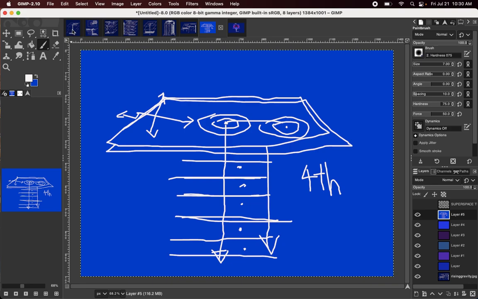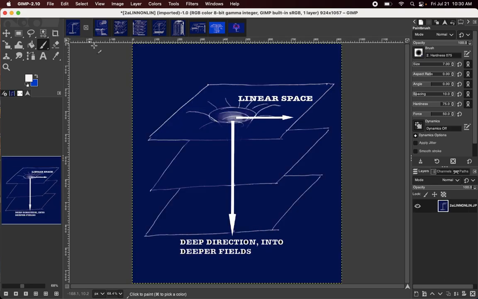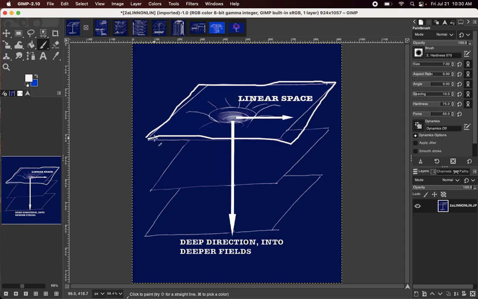So let's go over this with some of the charts from the Superspace book. Here you can see that our own universe is this sheet, and this is a two-dimensional analogy. It's this sheet of space with deeper fields or sheets, I prefer the term fields, lying alongside it. So as we move inward, we are actually curving into a fourth spatial dimension.